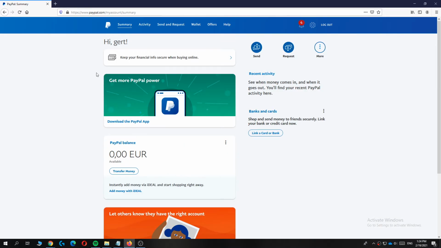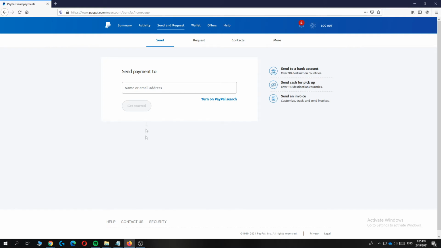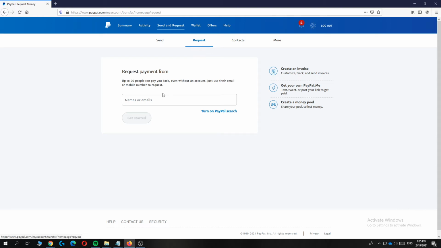So first, log into your PayPal account and then you will be on your dashboard like this. Then at the top bar you can see all these options, and the third one is send a request. You want to hit send a request and this will bring you over to this page where you can transfer and get money. So by default it's set to send, so you want to go to request,